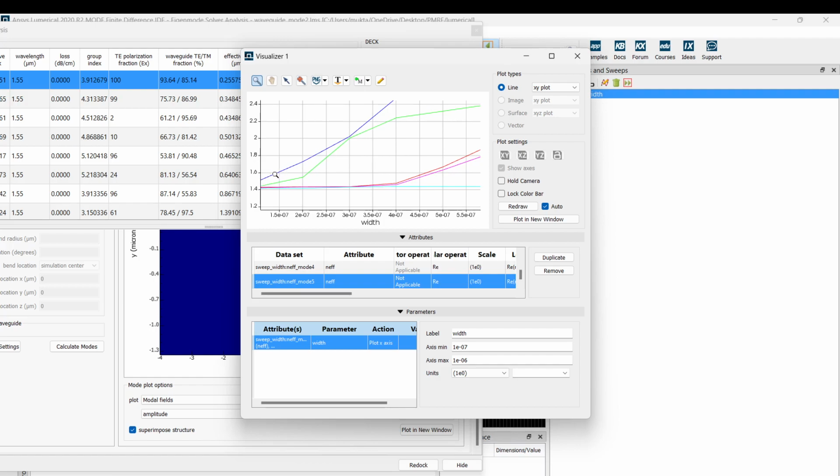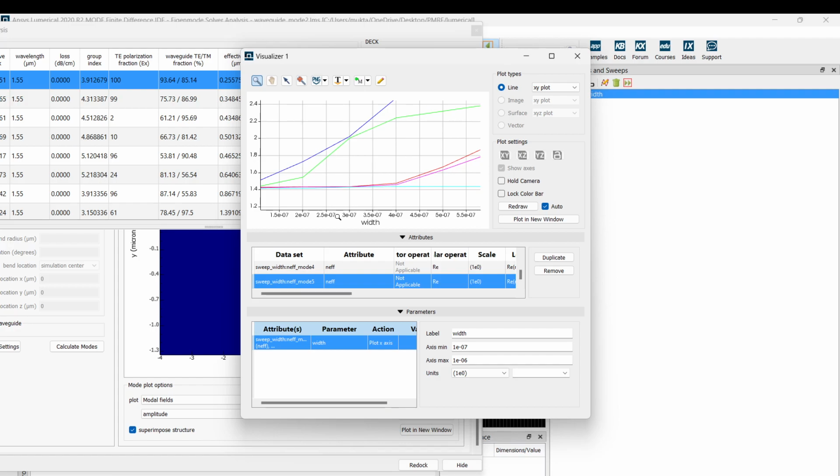So only one mode will be confined. This is probably the fundamental TM mode. Then above 200 nanometers waveguide, both TE and TM are there, but the index contrast is low, so propagation loss will be higher, right?